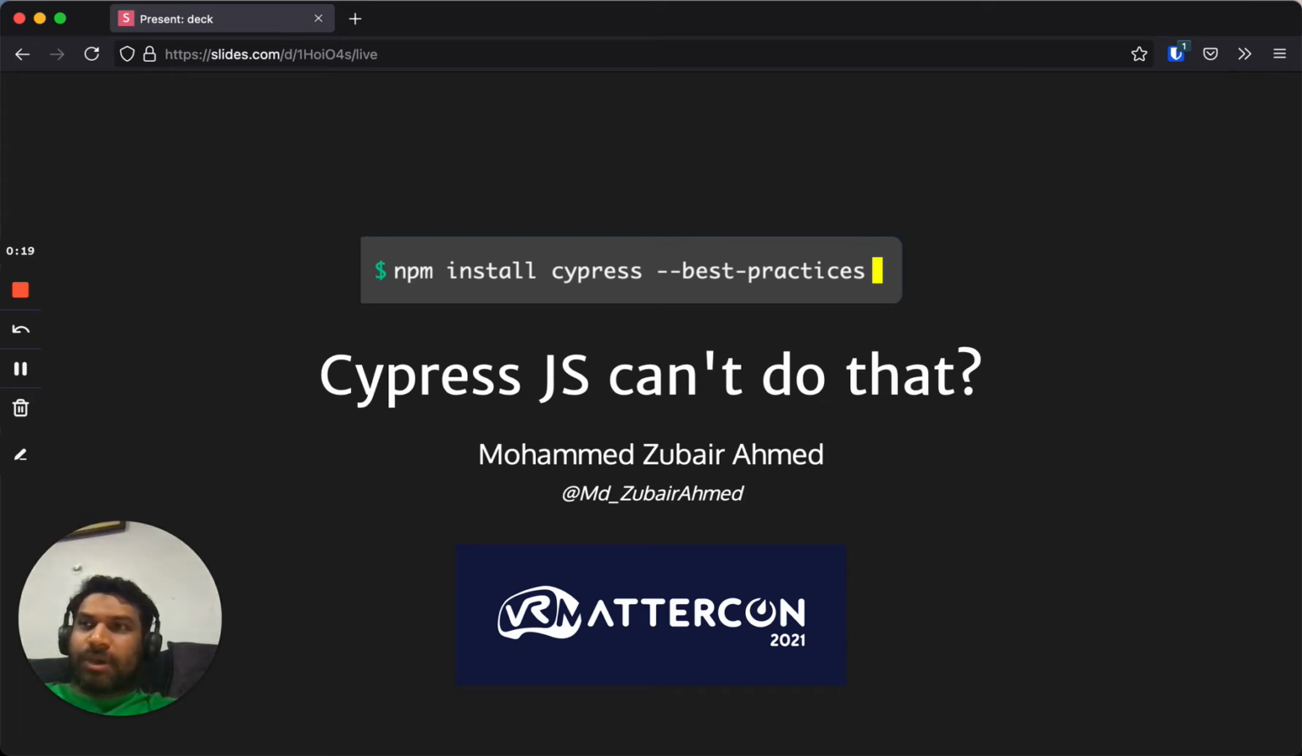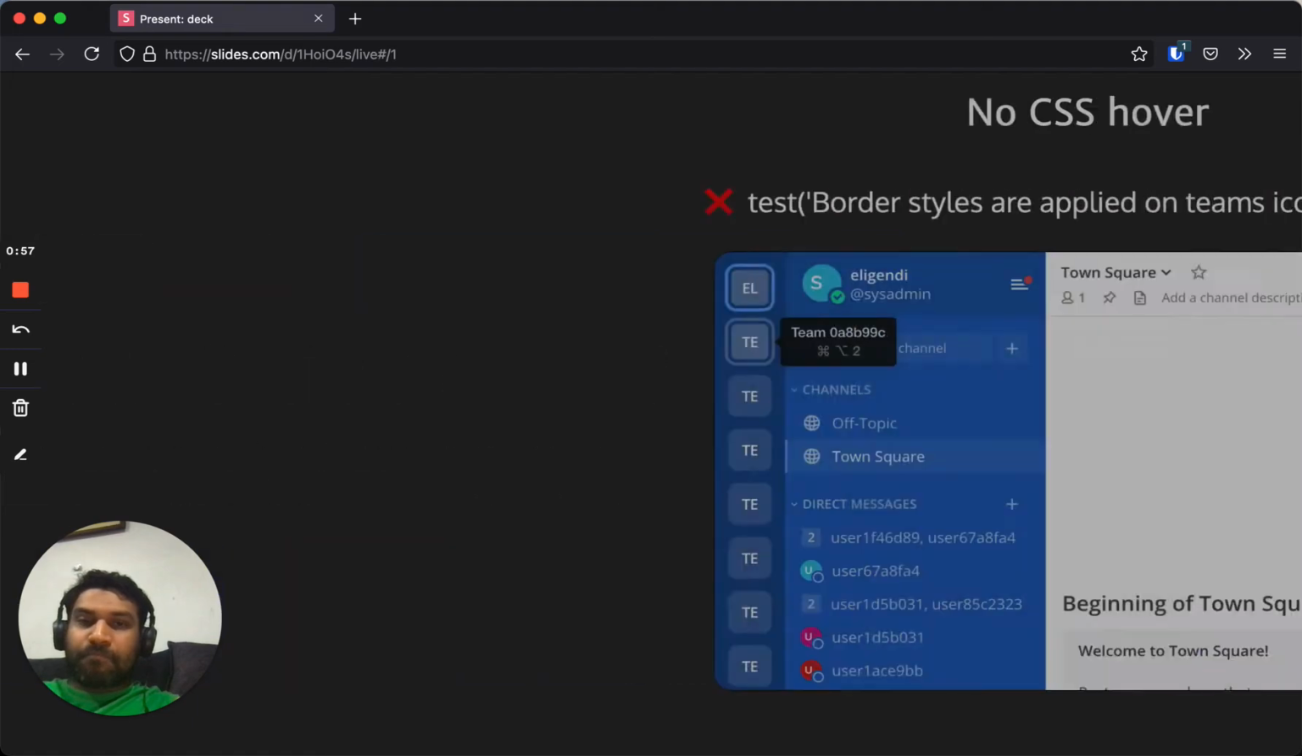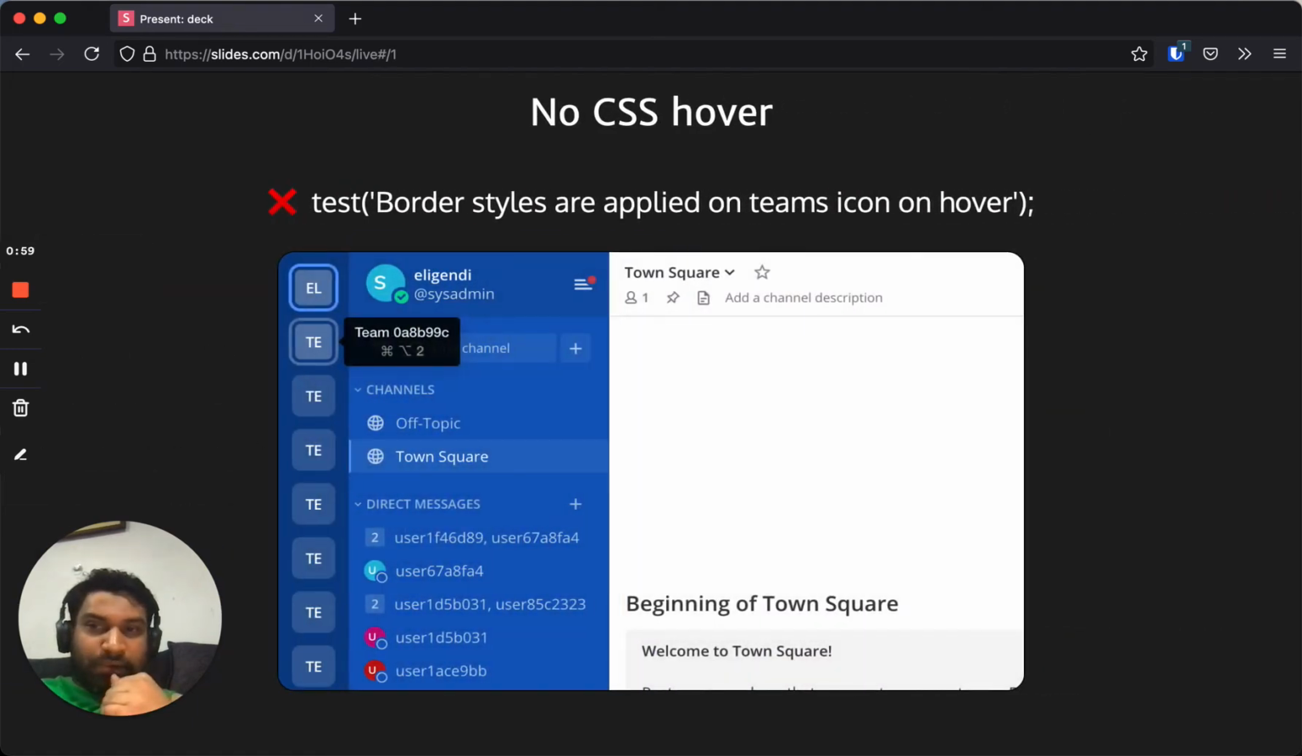So, because these limitations which Cypress has put in place are for us to write better tests, which don't result in flaky tests, and have a really solid test for our development platform. So let's start with what the limitations of Cypress are. The first limitation which we have hit recently was